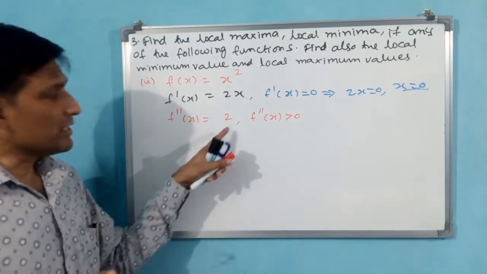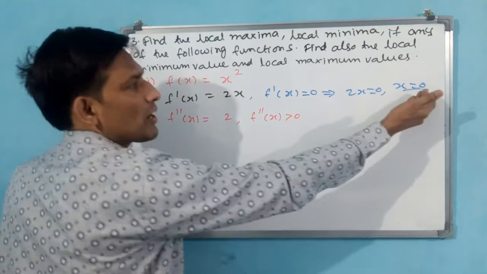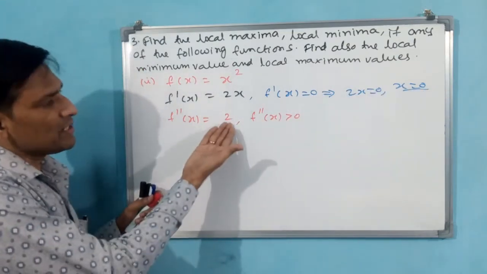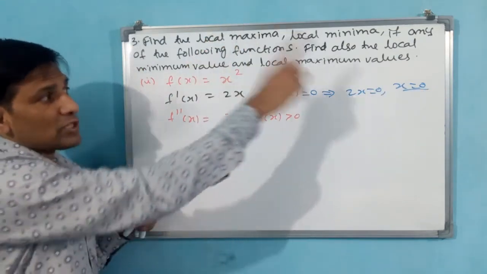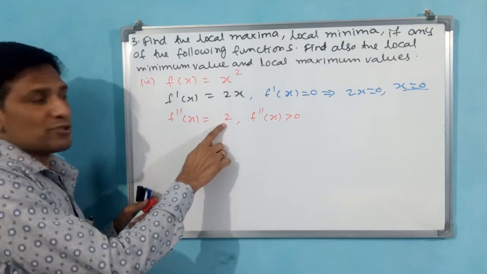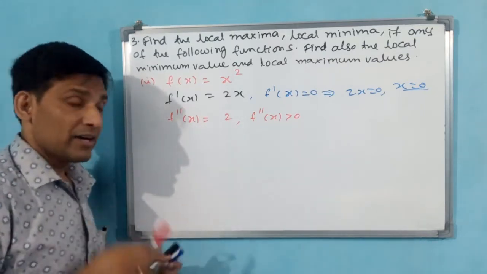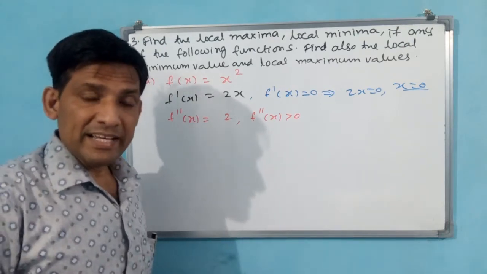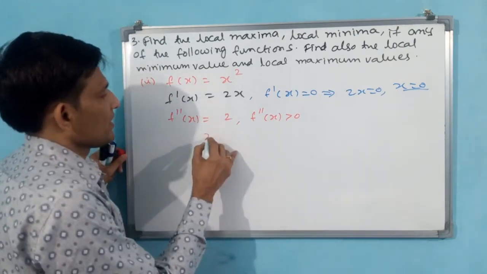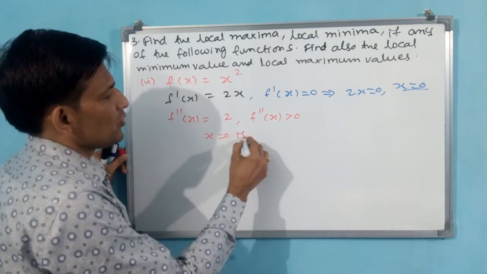f double dash x is greater than 0. Why? Because even if you want to substitute x, here there is no x. Before substituting itself, a positive value comes. Greater than 0. 2 is greater than 0. Okay. When f double dash x is greater than 0, x is equal to 0 is